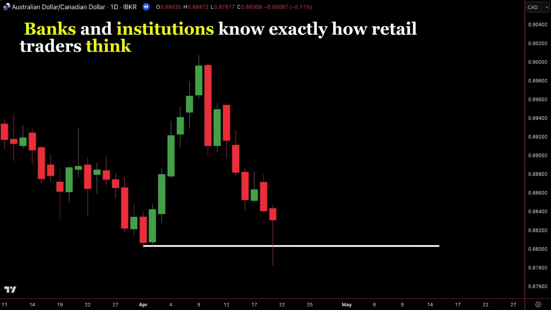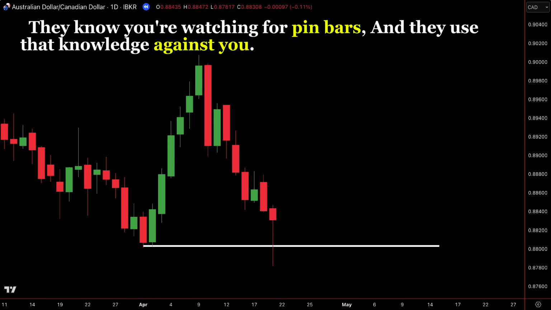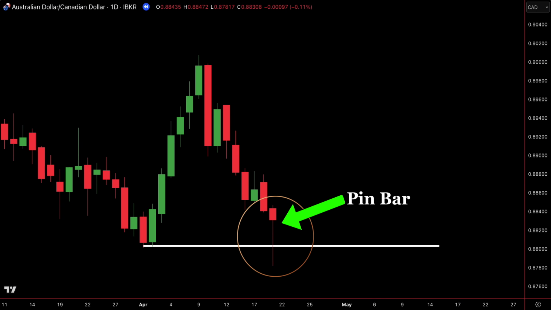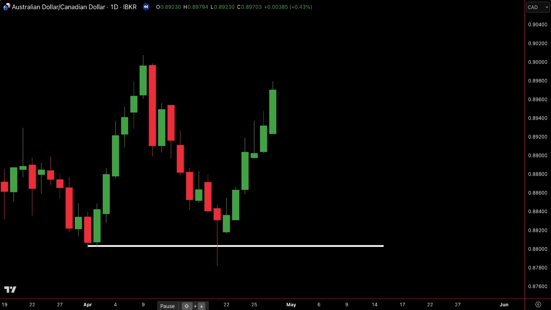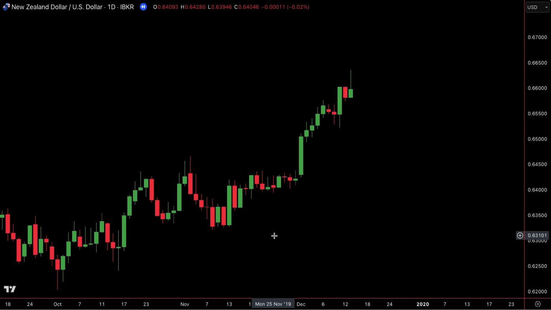Banks and institutions know exactly how retail traders think. They know the books you've read, they know you're watching for pin bars, and they use that knowledge against you. Pin bars are one of the most popular candlestick signals. They show rejection, they look clean, and they're easy to spot. But here's the trap. Let's say the market is in a strong uptrend and suddenly a big bearish pin bar